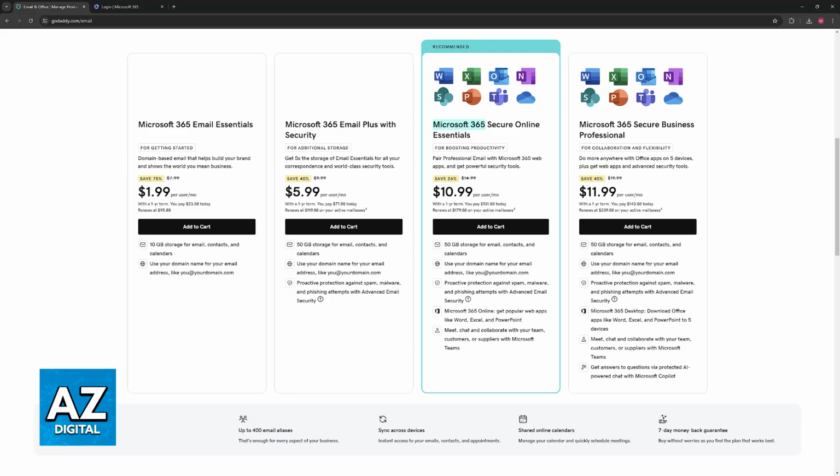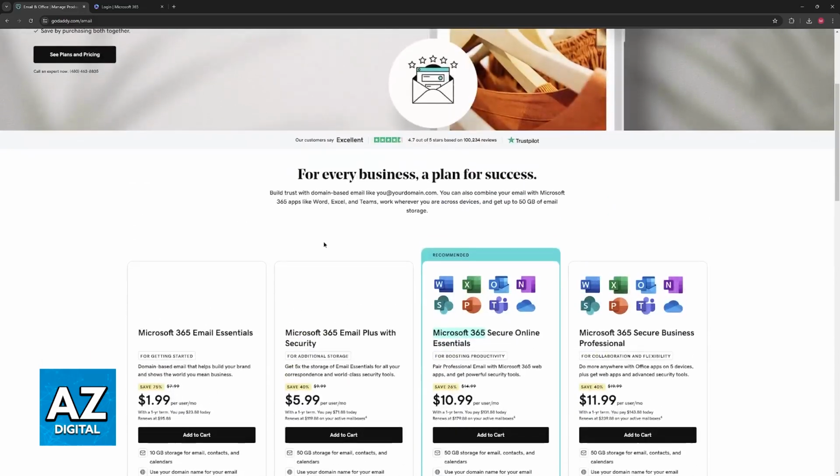Now, as of today, how do you properly log into your GoDaddy email and access 365? Well, you won't be logging in directly to GoDaddy Email 365. Rather, you will have to access your workspace email with the Microsoft 365 credentials. So to do this, you have two main options.